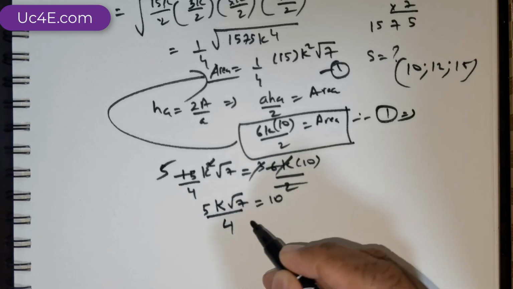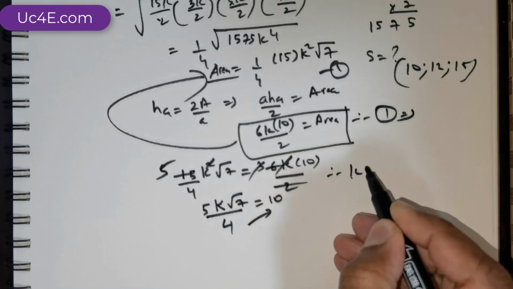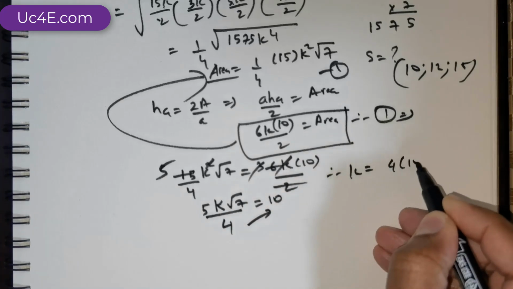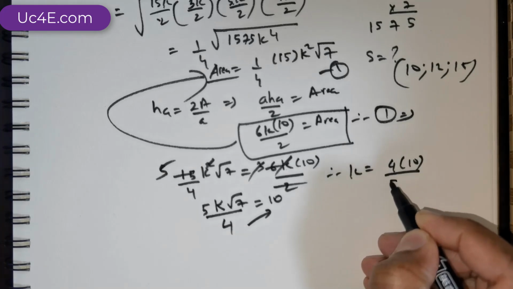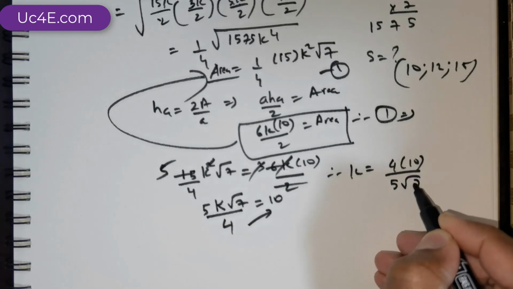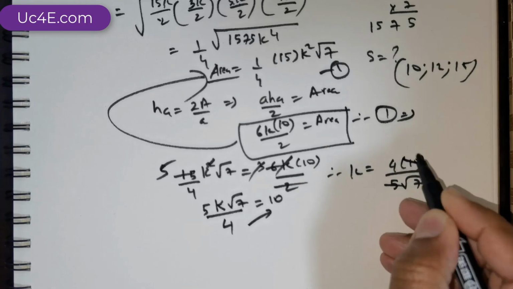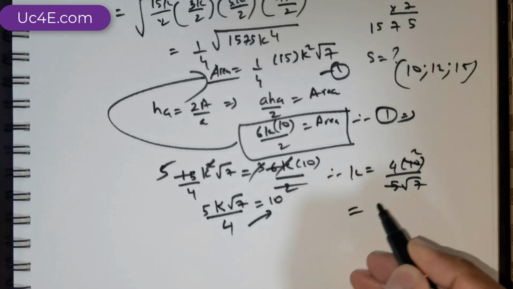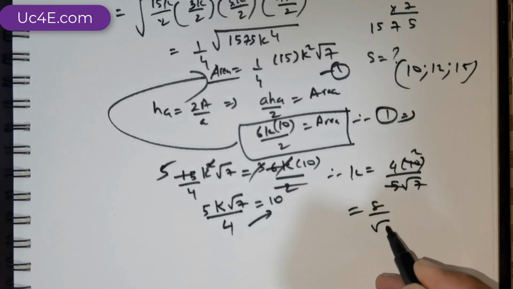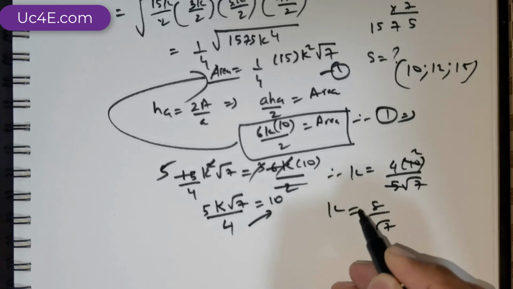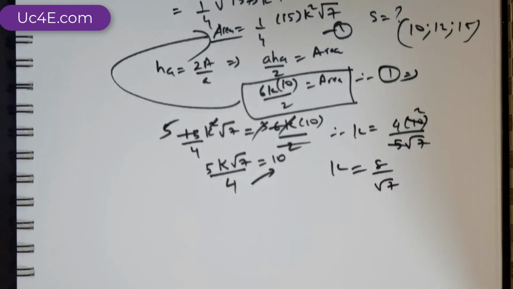So if you were to cross multiply, therefore k is going to be 4 into 10 divided by 5 into root 7. So 5 divides here 2 times. 2 times 4 is 8 over root 7. So this is my value of k. But we